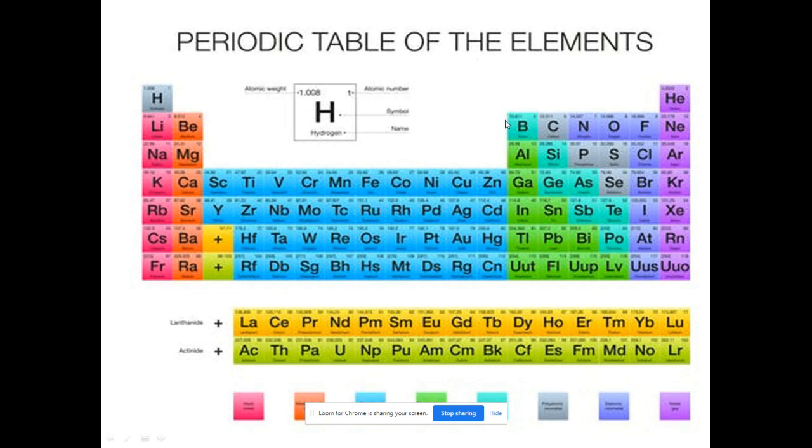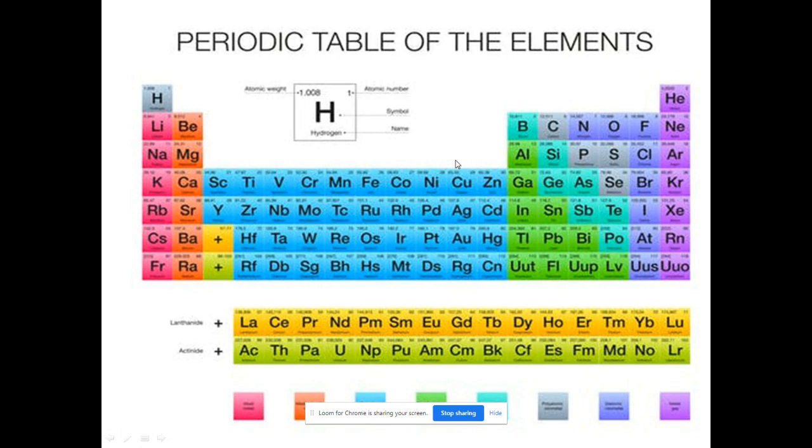See, boron, silicon, germanium, tellurium, all these are metalloids. The elements of this zigzag line have properties in between metals and non-metals, so these are known as metalloids. Silicon is a semiconductor. It's a metalloid. And the remaining elements, carbon, nitrogen, oxygen, sulfur, all these are non-metals.